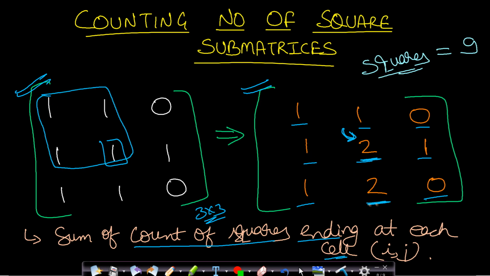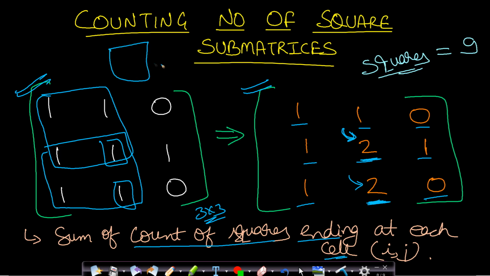Now let us say there are 2 submatrices which are ending at this point, so this will be of size 1 and this will be of size 2. Now let us say we are having 2 square submatrices and they are ending at different cells. Then they may start at the same point, but if they are ending at different points, then obviously both these submatrices are different. So if we take the ending point as a parameter, and count the number of square submatrices ending at different cells, then this will give us the count of unique submatrices. Okay.